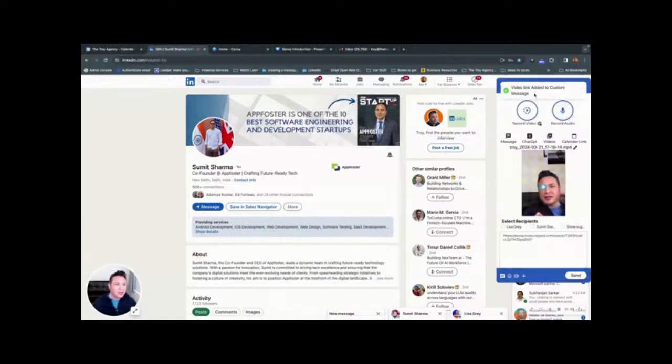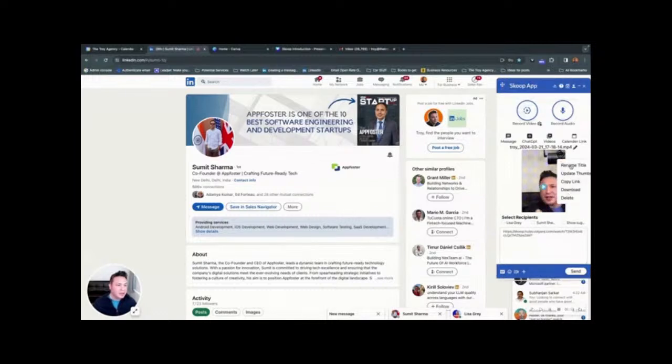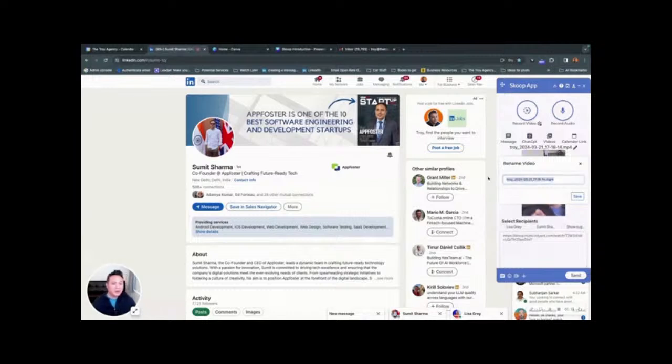And what happens is it uploads the video, it brings it in here, and you have these 3 little dots here in order to change the title. And what I will do is I'll just say Scoop demo video, right? I'll hit save. And you'll notice that there's 3 people here. There are 3 people here because there are 3 tabs here. So what I'll do is I'll click all 3, and I'll just put down a quick video demo, and I'm able to send it to all 3 of these people.